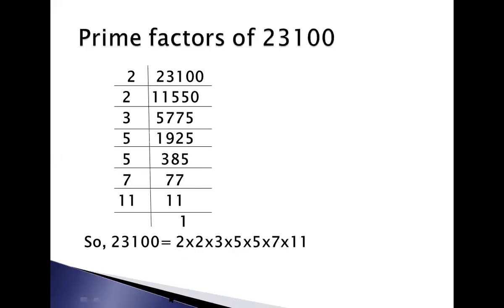Now in the end, what you have to do is write all the prime factors in the multiplicative form. Means when you will multiply 2 into 2, then into 3, then into 5, then into 5, then into 7, and then into 11, you will get the answer